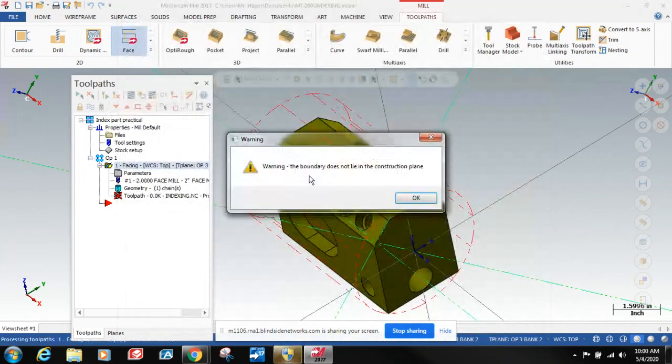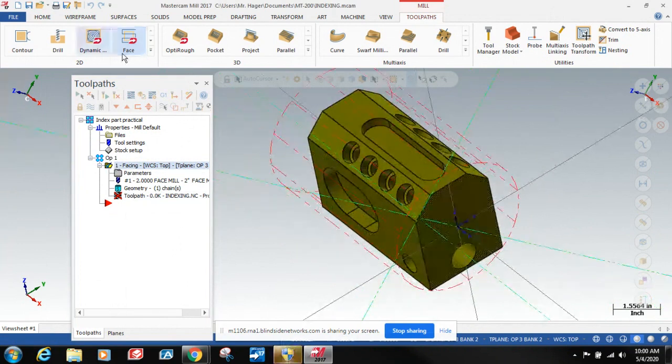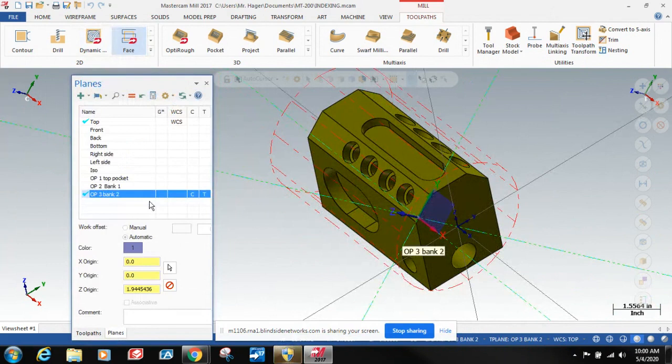2 cut parameters. Oh, dynamic. All right. So see, I got a warning here. The boundary does not lie in the construction plane. So what I need to do is make sure that I'm working in a plane. So on my operation, I want to go back to my planes, and I want to make sure that